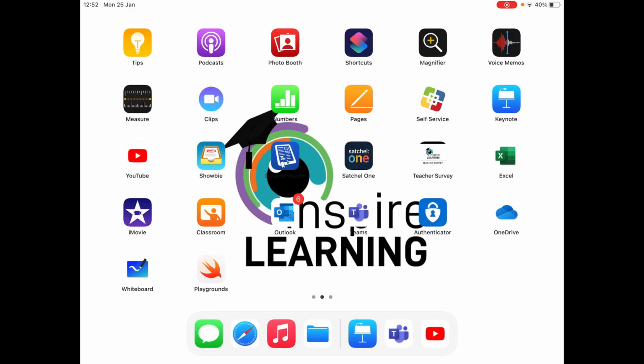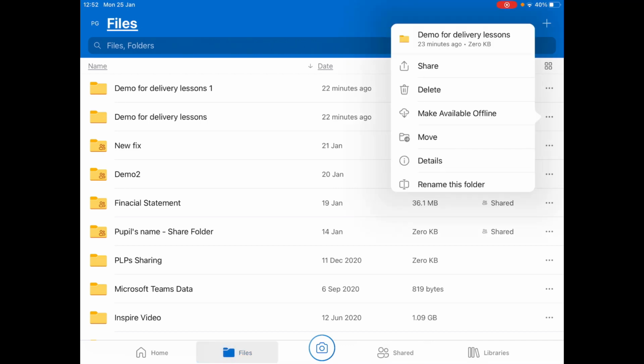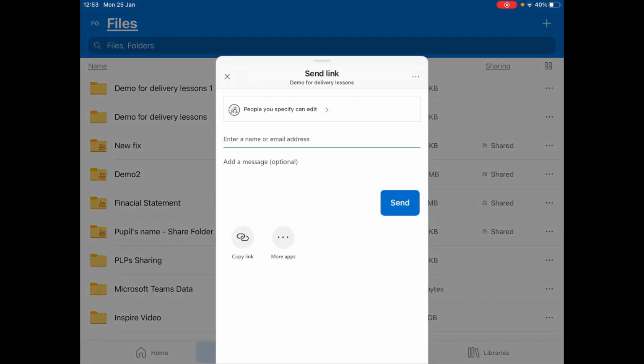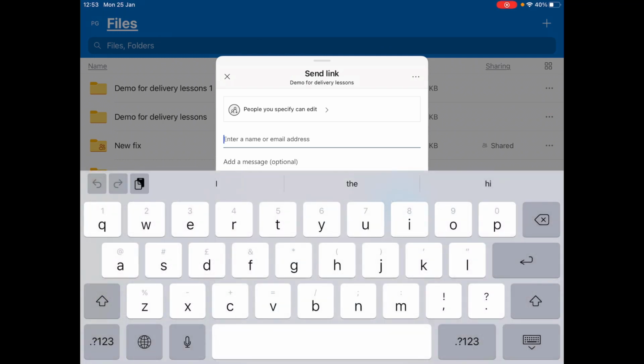Or you can go to OneDrive and go to the folder you saved the video in. And what I do is I share that folder with every pupil, because all my videos for the remainder of the lessons will go into that folder. So I'm going to go to Share. I can either type in the pupils I want it to go to,